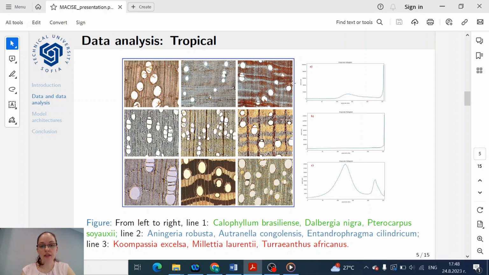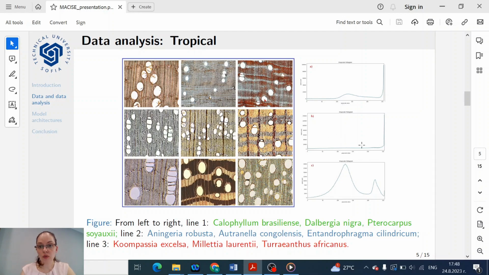For the first line, they are colored in green, and for each of those samples, we can have this type of histogram, and after deep analysis, we found out that the cells are somewhere around 140 and 200 pixel values. We can have, for example, for line number 2,